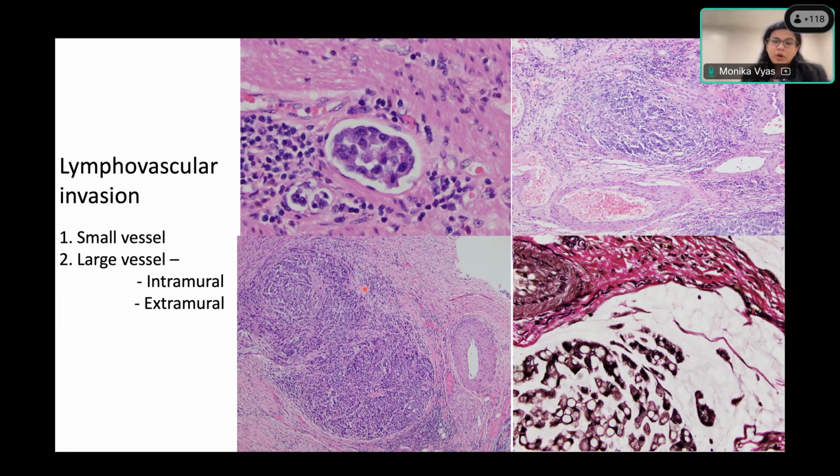So one common strategy that many pathologists employ is whenever you see a T3 tumor, that is a tumor which is going beyond the muscle layer and involving the pericolic fat, you do an elastic stain on those blocks and see if you can find any extramural large vessel invasion. It's not completely justified. Some pathologists also try to do it if they have a suspicion of large venous invasion, and that's fine too.